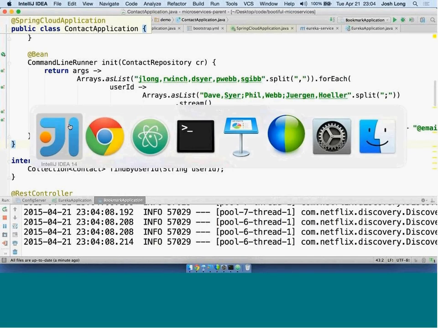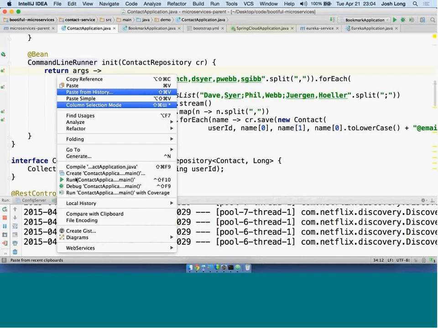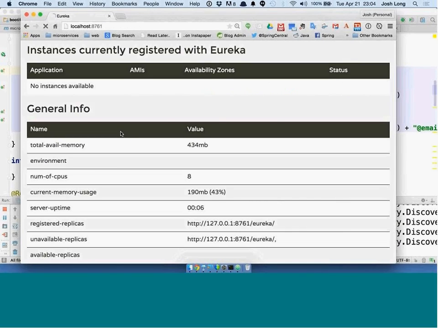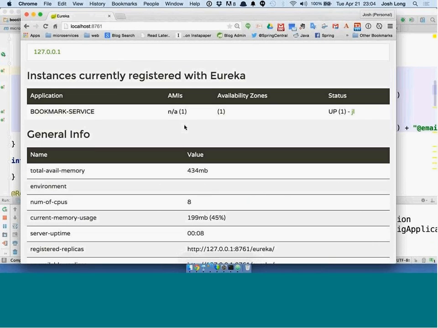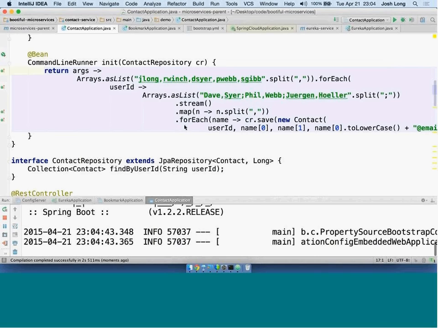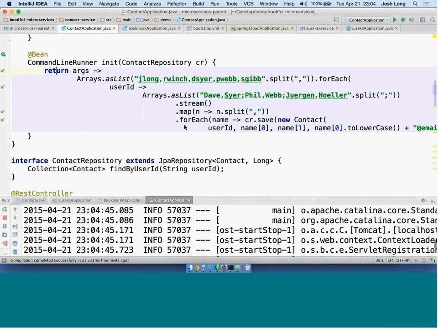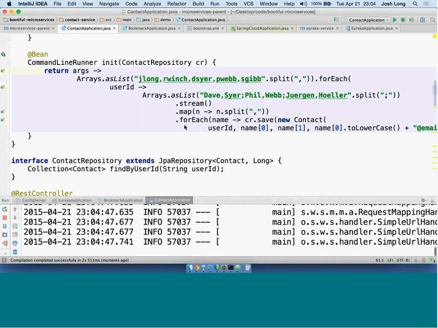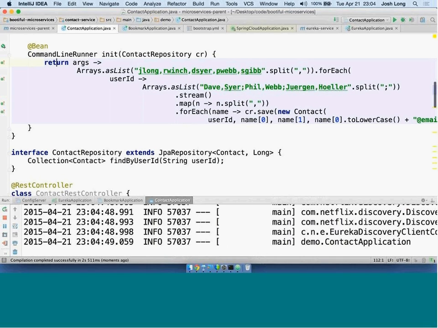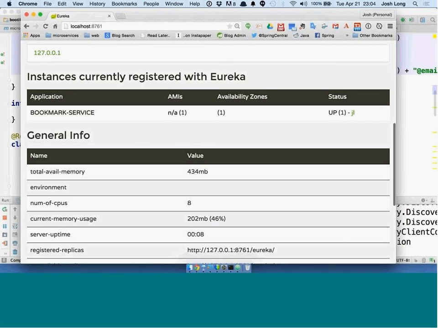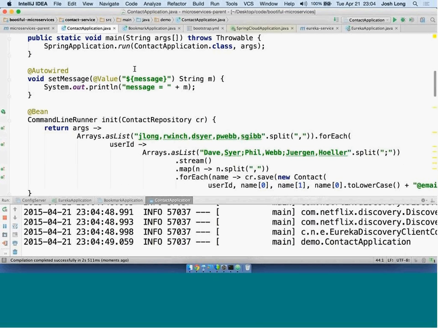Okay, so that is here. Let's run this. Bookmark service is back. Fantastic. The contact service should be up and running. Here we go. And give that a second. We'll see it available. The contact service,